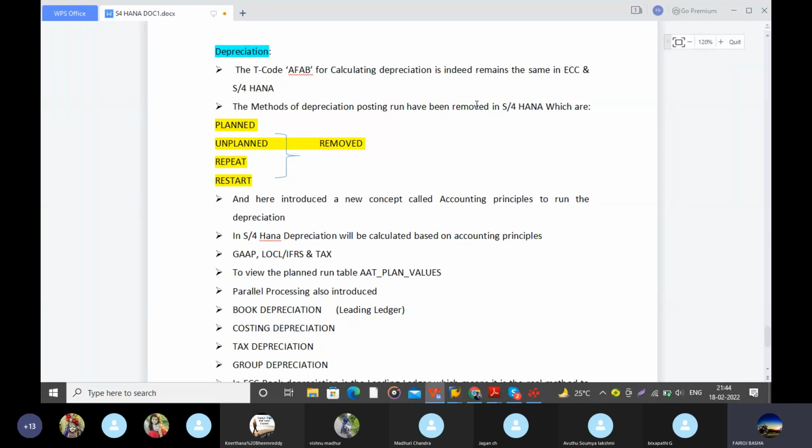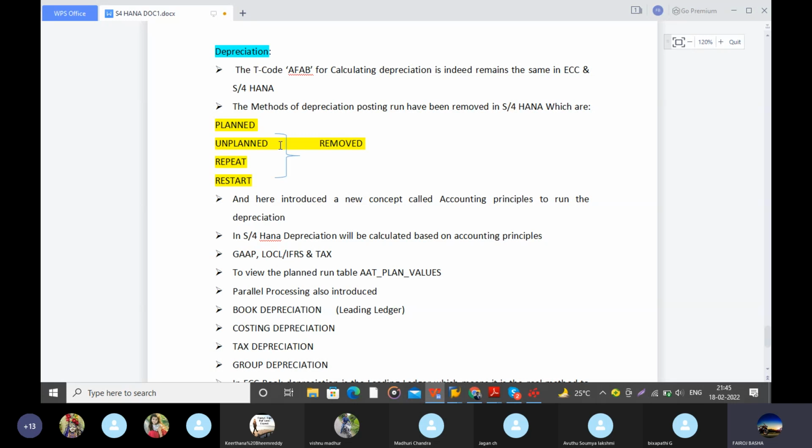However, the depreciation posting run methods have been removed in S/4HANA: planned, unplanned, repeat, and restart. In ECC we have these four types of depreciation methods. Planned is nothing but the standard depreciation run, and unplanned is a sudden